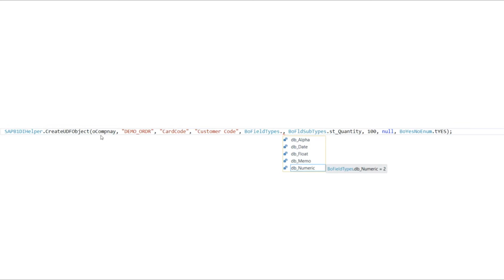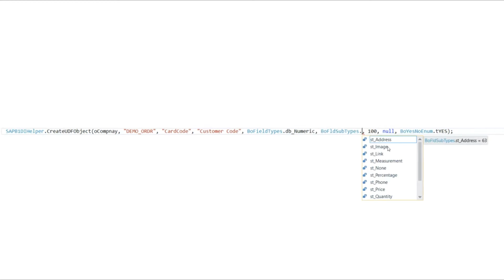The first parameter is the company object, the second is the table in which you want to create the UDF, the third is the UDF name, the fourth is the description of the UDF, and the fifth is the data type of the UDF. You can select one of them, and the seventh parameter is the sub data type. Let me show you which. You have these options.